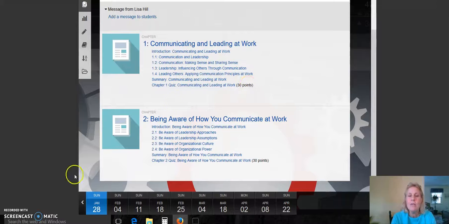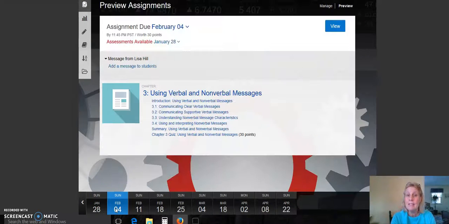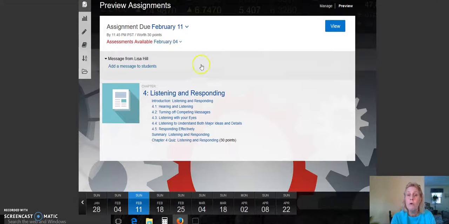Aha, there you go. So you see here, you have every week listed as far as what's due. This is what's due on February 4th. This is what's due on February 11th. So if it doesn't take you directly to this area from D2L, be sure that you click on the bottom to see what week you're in, and then you could click on that particular week at the bottom of this